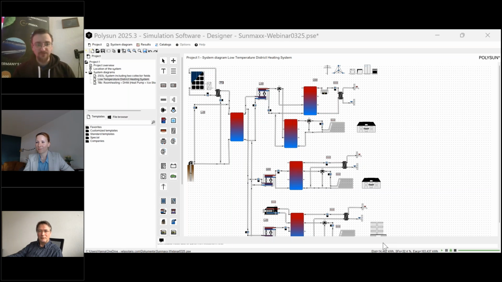We are the producer of the PVT modules, but of course for bigger projects, for industry, commercial buildings, public buildings, we can help by consulting for these projects, and we have a big network of planning companies and installation companies, where we could forward you with your projects, and there would be then at least the planning and the final consulting. But for your first ideas, of course, get in contact with Sunmax.